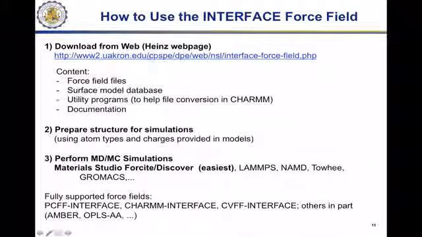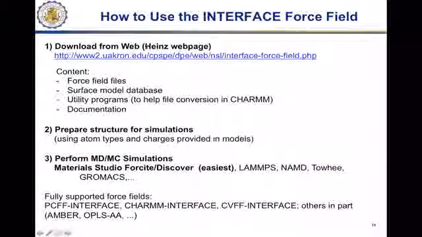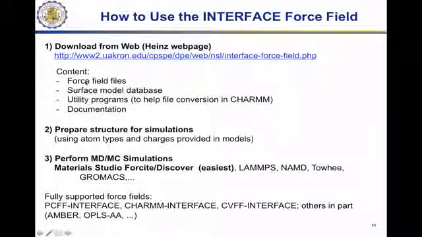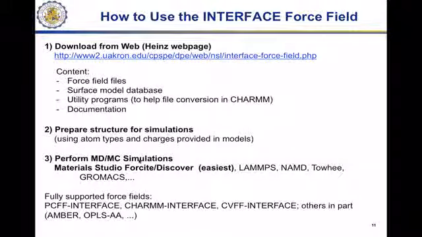Now, how to use this? I don't know if this web page was updated. So we can actually use it directly from the web, or now as it is implemented in the Biovia web page, because this will contain the force field files. They can be directly used in Forcite, and then there is a list of surface models that can be directly imported. Key aspect, we will come back to this later, is that we have defined the atom types and charges